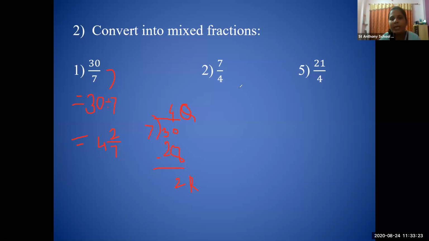Okay, now move to the next example, 7 upon 4. We can write 7 upon 4 as 7 divided by 4. Now if we divide 7 by 4, okay, here 4 ones are 4, right? What will be our remainder? 3. Now what is the denominator over here? 4. That means it will come down. Now what is our quotient? 1. So that will come to this side. And what is our remainder? 3.